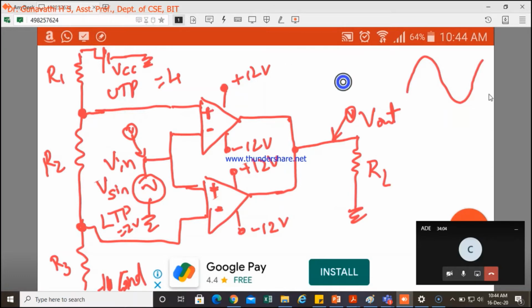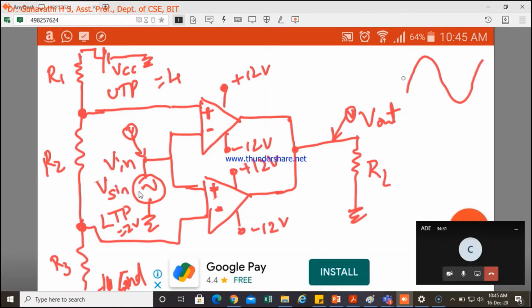So our input amplitude should be greater than this 4 volts. Otherwise, there will not be any transition between the input and the output here. So it should always be greater than the UTP value. So I'll just take some 5 volts or 10 volts as an input amplitude. Okay, so if I'm applying 4 volts here, how this will work, you just understand now.